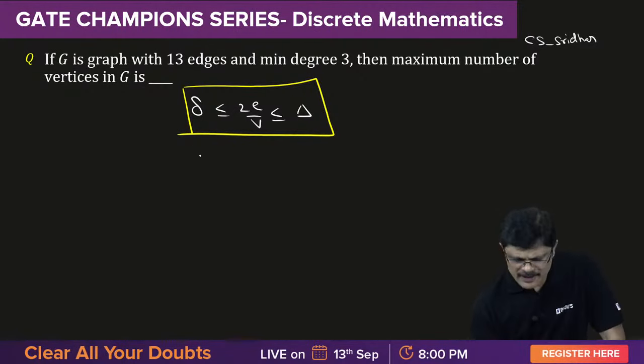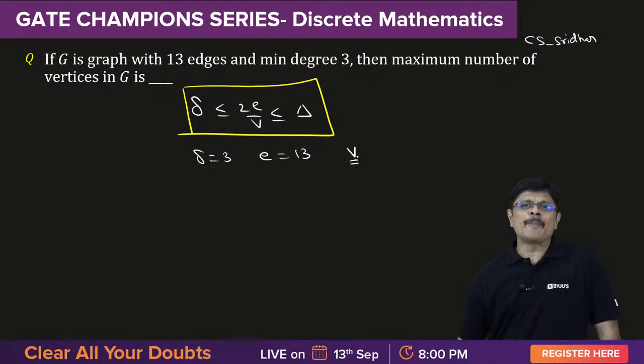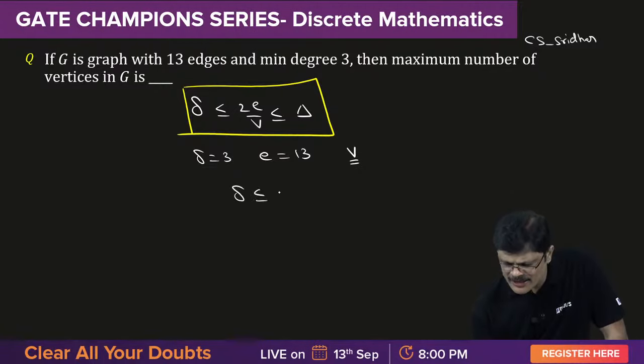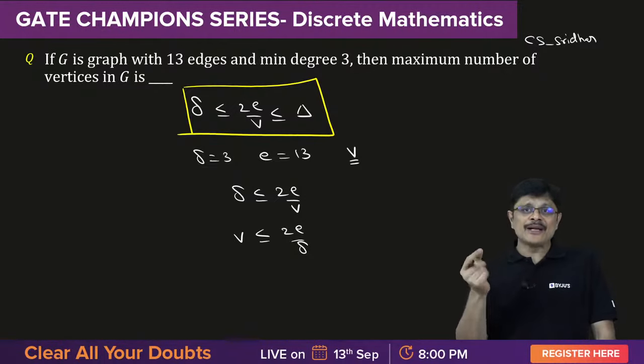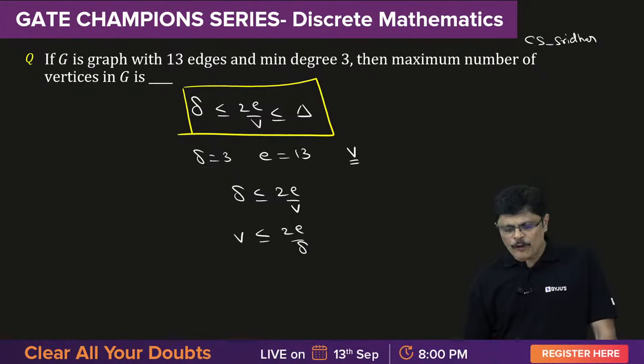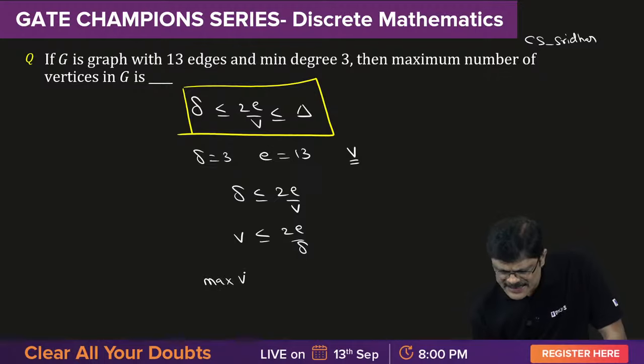In this problem, minimum degree is given, number of edges is given. He is asking about the upper bound for the number of vertices. So we take the left hand side inequality, that is delta is less than or equal to 2e by v. That means v is less than or equal to 2e by delta. Please, my dear friends, whenever you are looking for any value less than or equal to, you should take the floor of it. Okay? So if you want to know the maximum value of v, the maximum v is given by